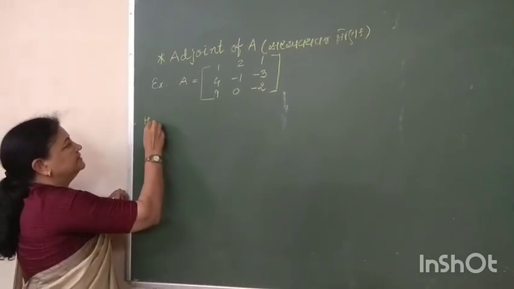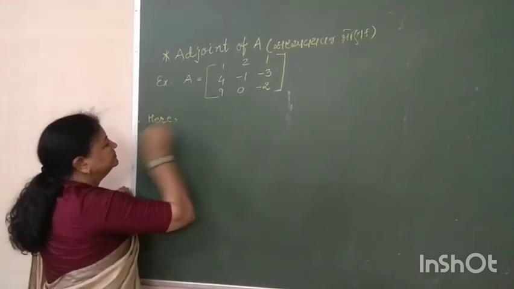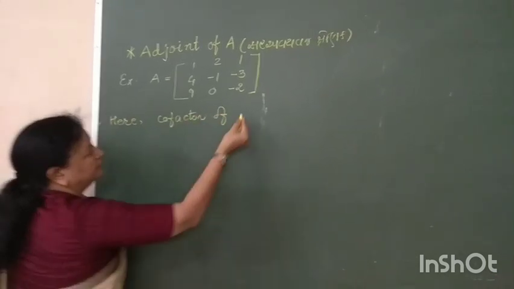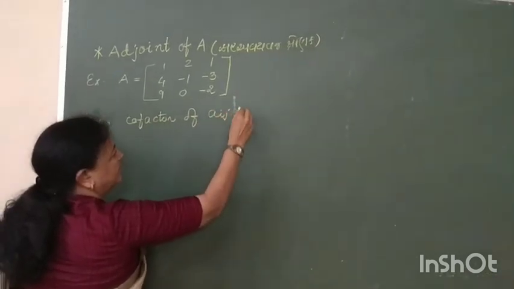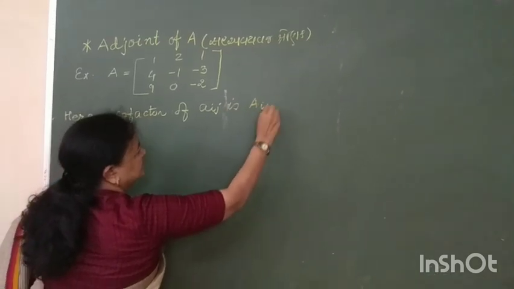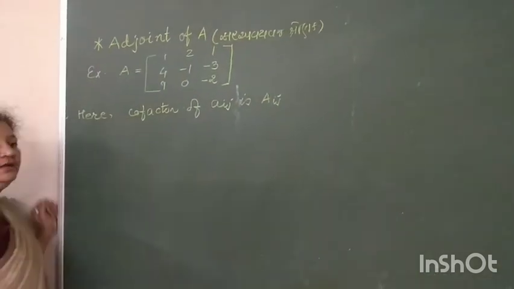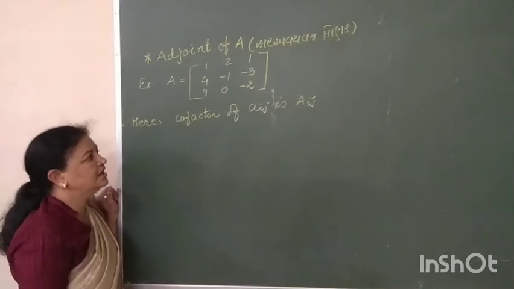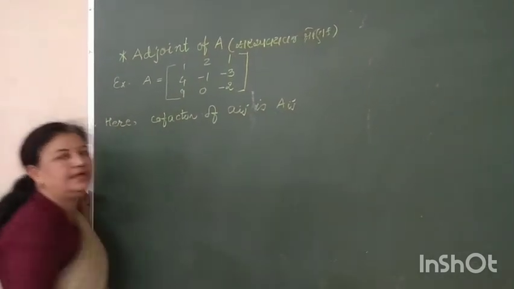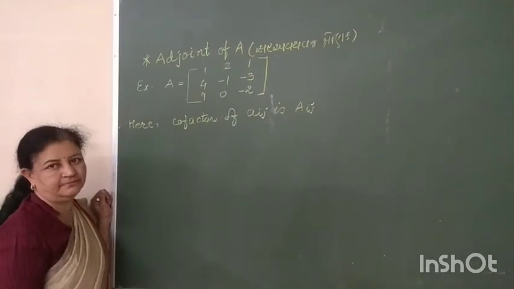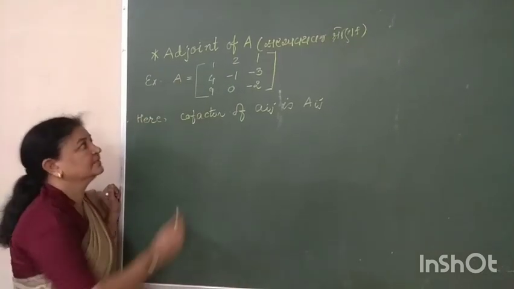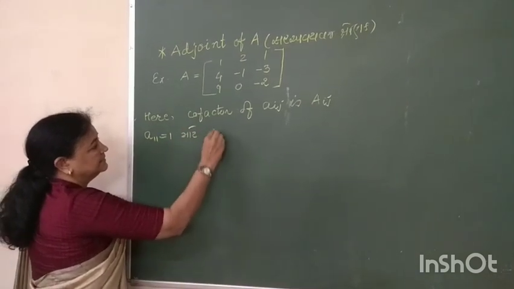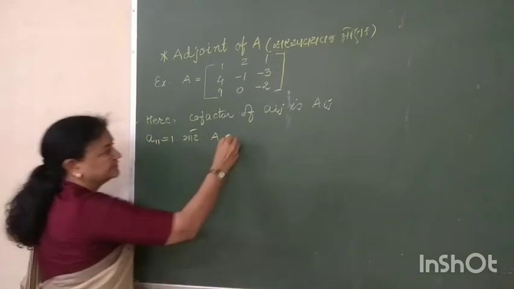Here we are taking the cofactor of Aij as capital Aij. The first element is A11, which is 1. So A11 is equal to,